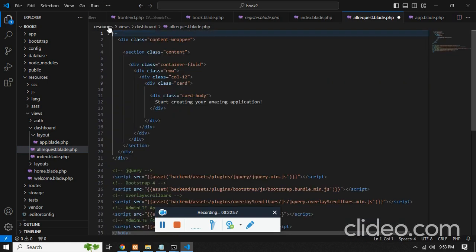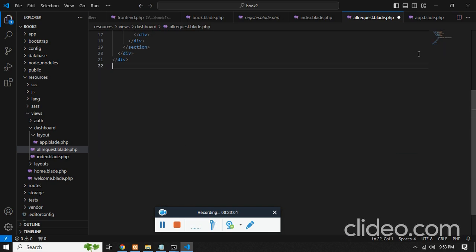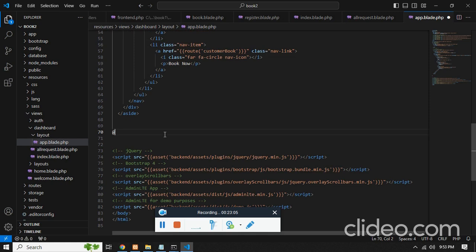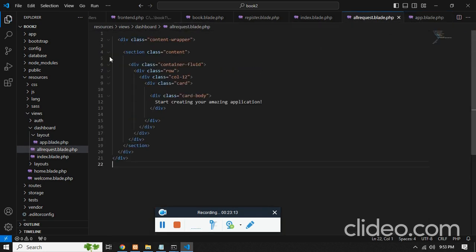Just copy this and paste it in app, and go for footer, just copy this and paste it over here, and @yield, and we can give the name container again, and since this is all request,